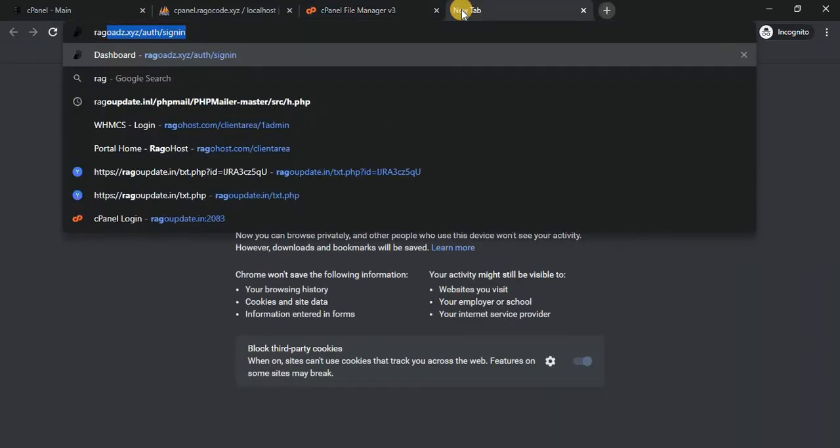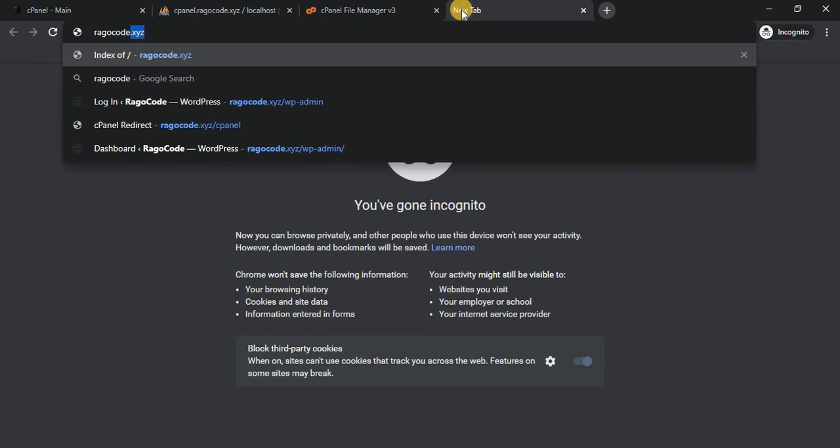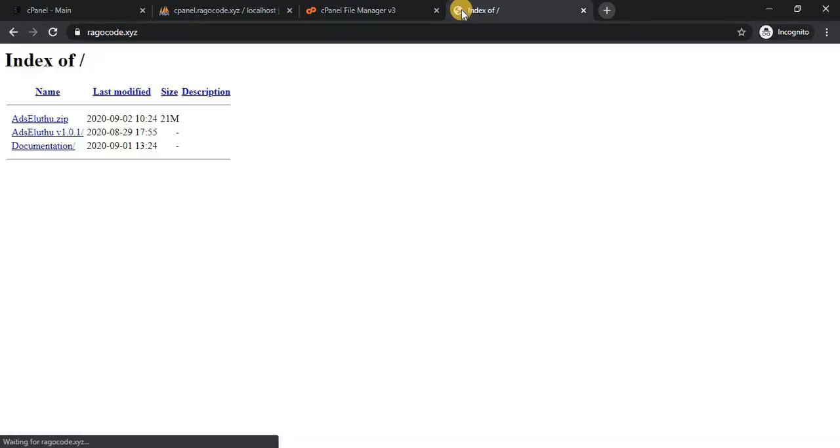Now I am checking the documentation. This is the documentation folder. I click to see what is inside.